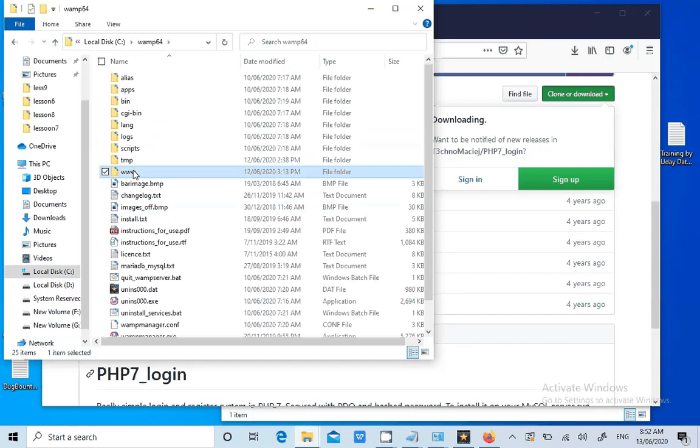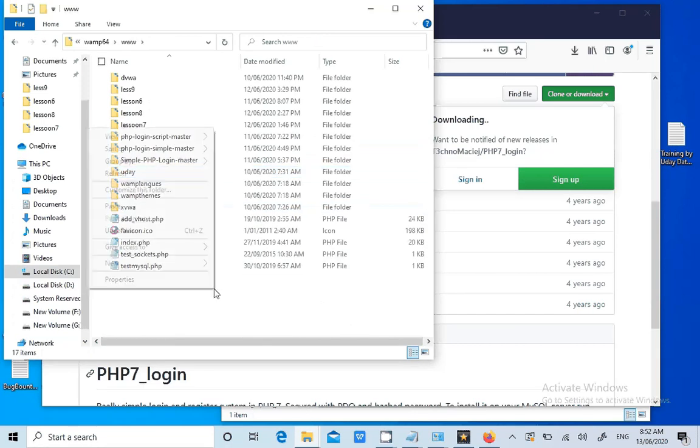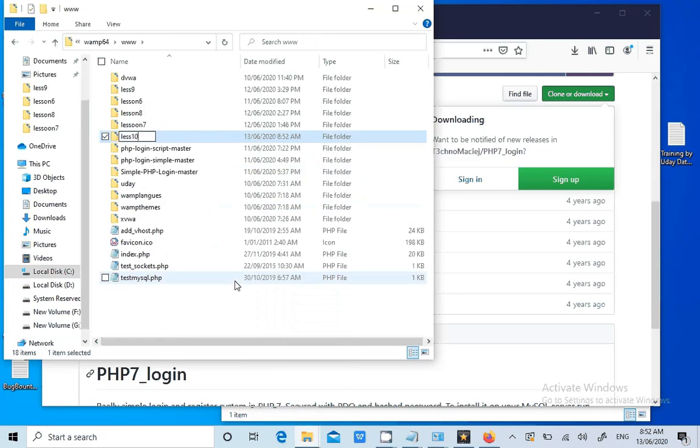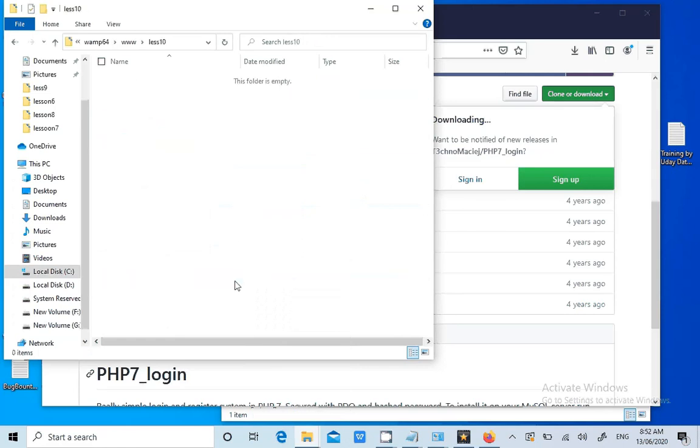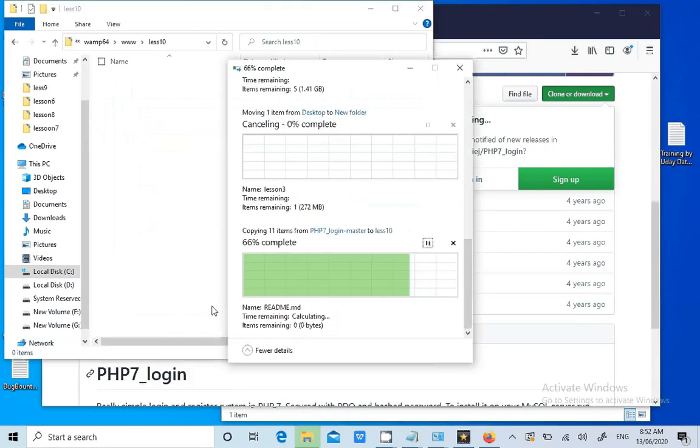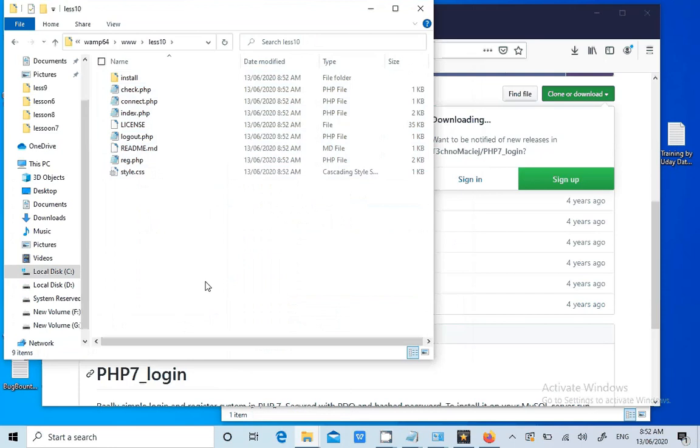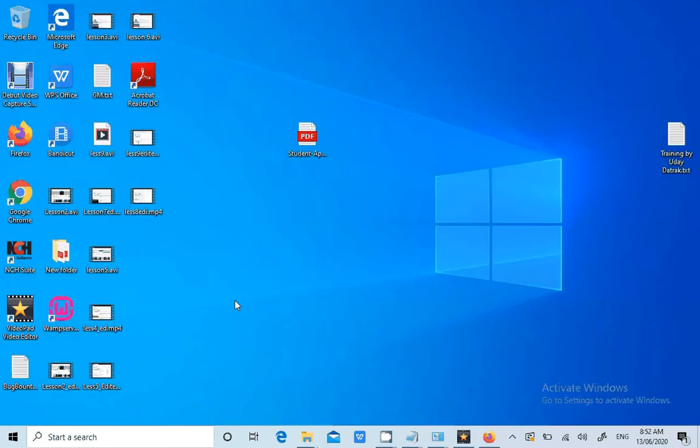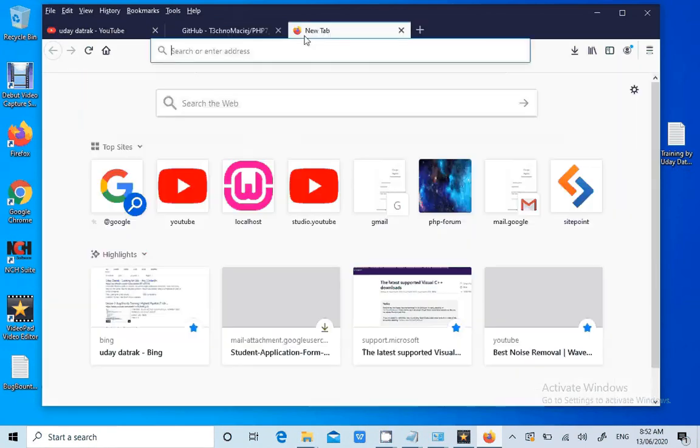Now we'll try to learn one more new thing in this. Now can you guys think and tell me what we need to see, whether the WAMP is running? Yes. If it is not running, then what you need to do is double click on this WAMP icon and start it. Once it turns green, it's running. Now you need to see whether you can open it.